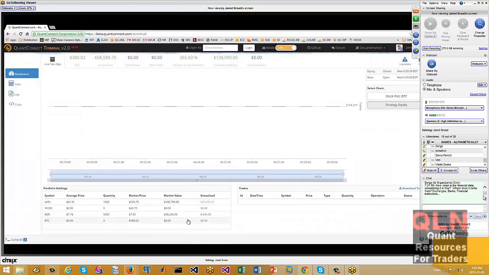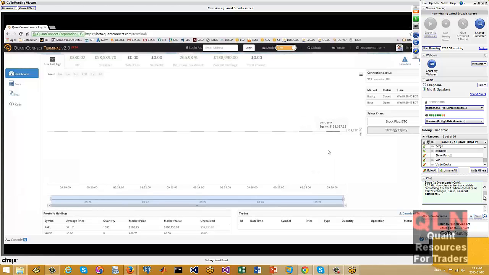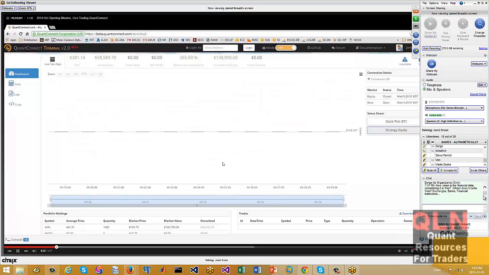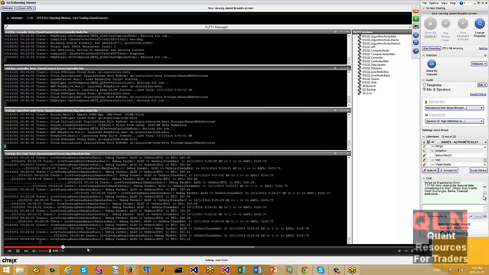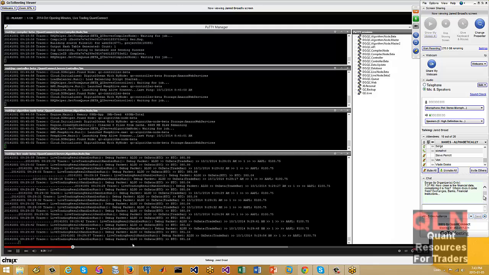So once you've got the algorithm running, get your backtest going, and you're happy with the strategy. At the moment, it's just our beta trial people, but you can actually deploy it live here.